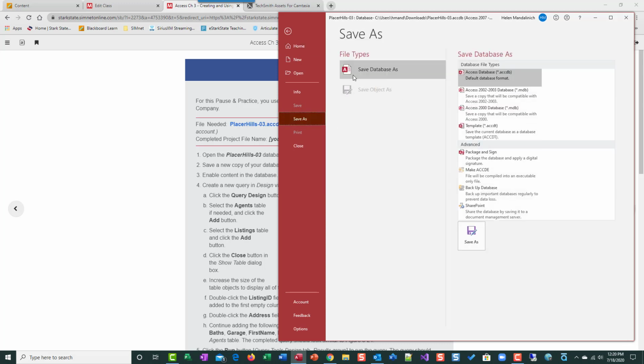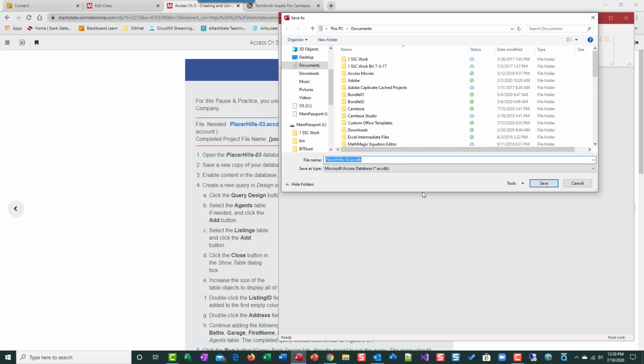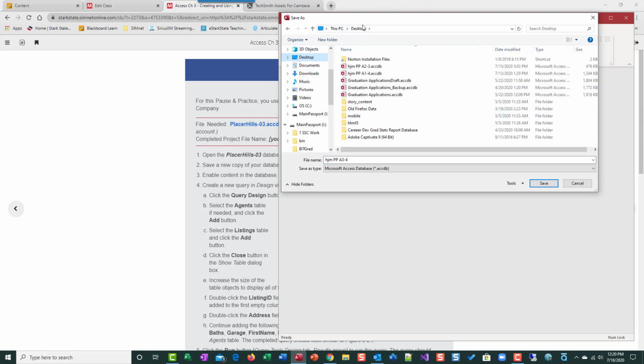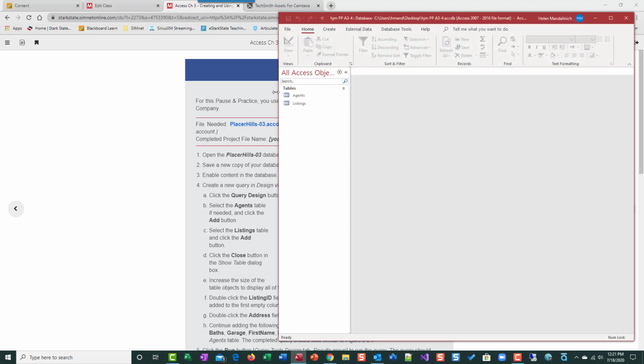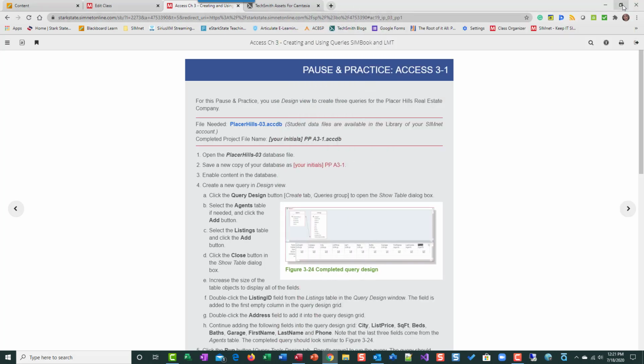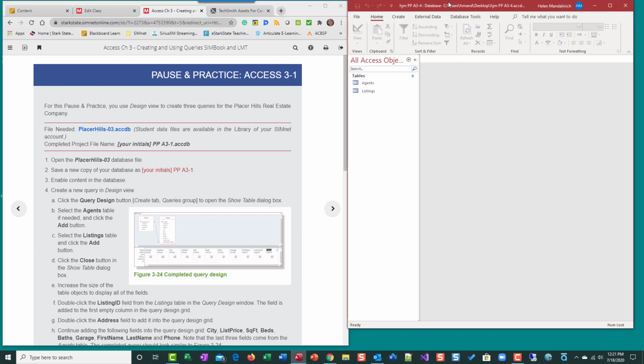File, save as, save database as, make sure it says access, save as. It will then bring you up to the screen where you can name it. So we want to do your initials, PP, A for access, Chapter 3-4. And then make sure you know where you're saving. I'm just going to put mine on my desktop. Put it in your documents or on your USB drive or wherever you want. So I'm going to go ahead and do save and enable. So now I have the database open and named correctly, and I won't have to worry about renaming it again. I can keep this name